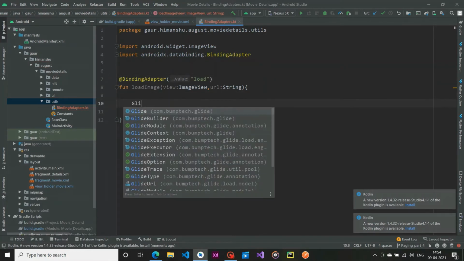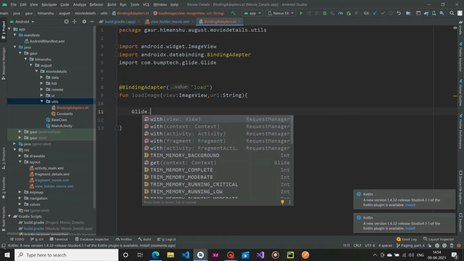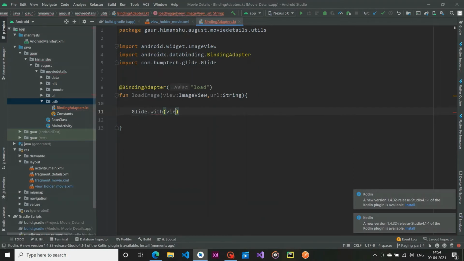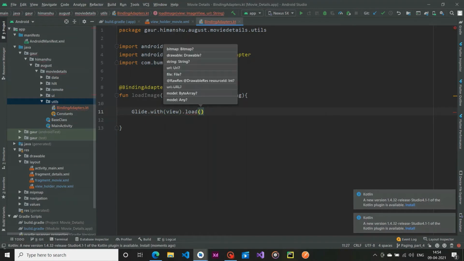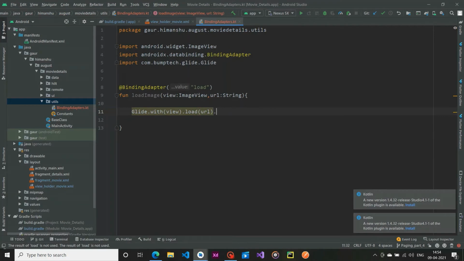So now by using our Glide library, Glide.with passing our view in it, and then I'm going to load, and we have to load our image from this url, and after the loading the target is our view, meaning after the loading of this image, put that image into this view which is our target view. We can pass it over here, you can see. So now this is our property.